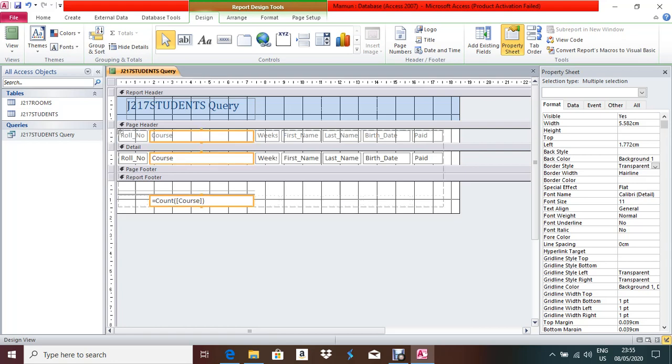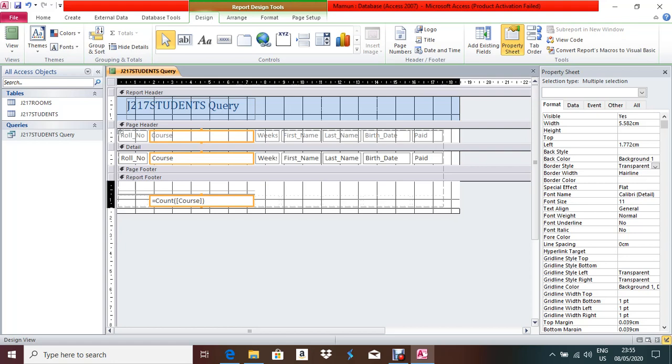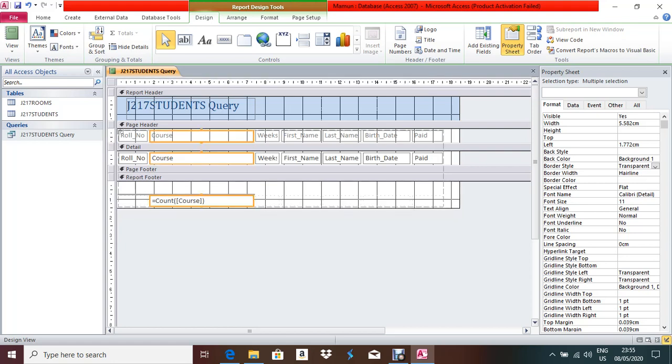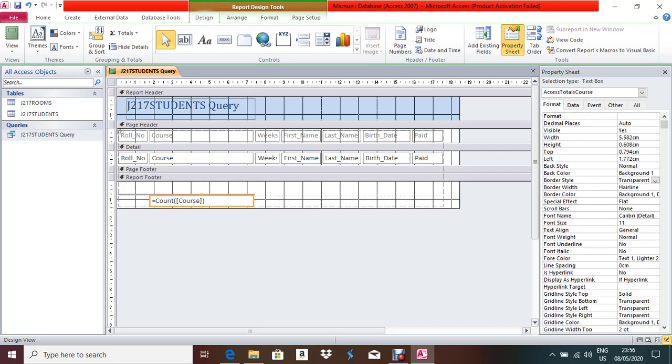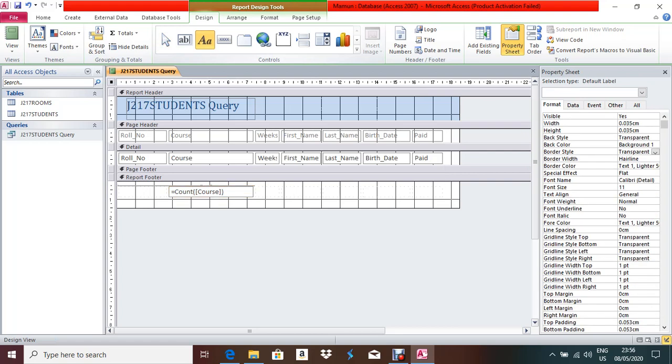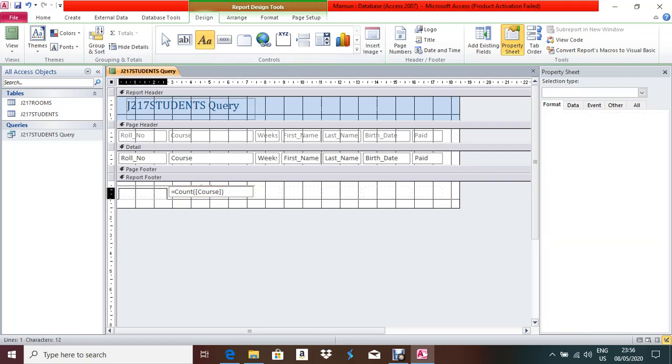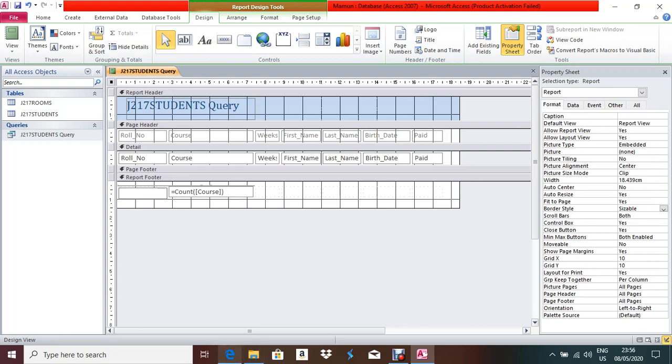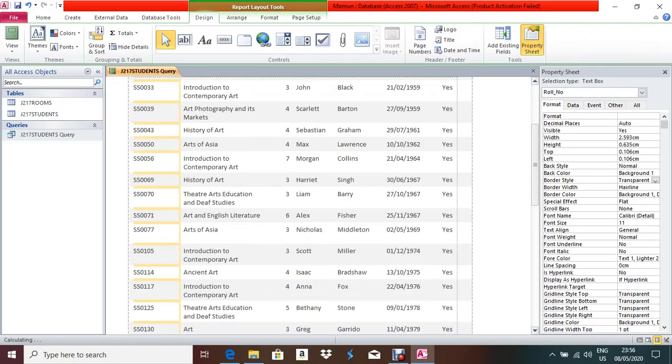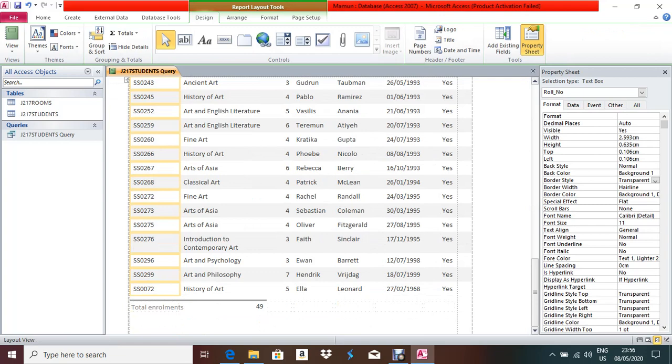It should be a little bit up, make it a little bit right side, and take a label box because you have to write some word, right? Total enrollment. Put your label box here and Control C, Control V, total enrollments. Now check this one in normal layout view. Now it is written total enrollments, right? 49. Done. This line is not a problem.